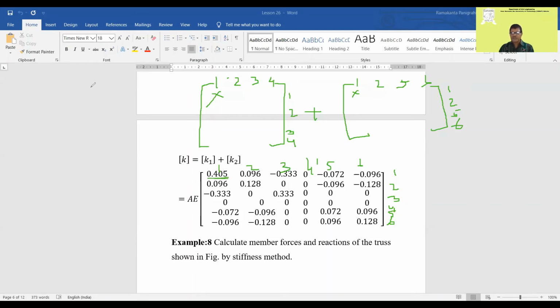Get my point? Now suppose you want K12. Here it is. Is there any K12 term? Yes, there is a K12 term here, so you can add. Now you want K44. Is there any K44 term here? There is no K44 term in the second matrix, so only this term will come as K44. This is 0, so 0 will come here. So here is 1, 2 and here is 1, 2. These 4 terms will be added and put here, and the others will remain just like that. Now you can check this.